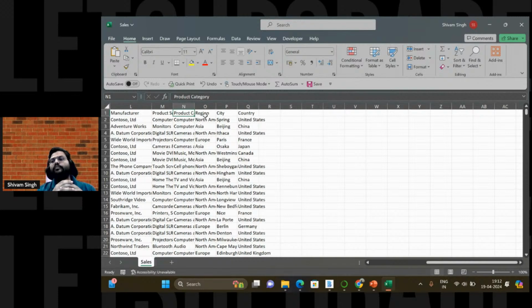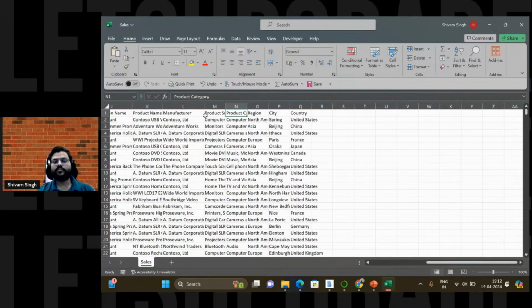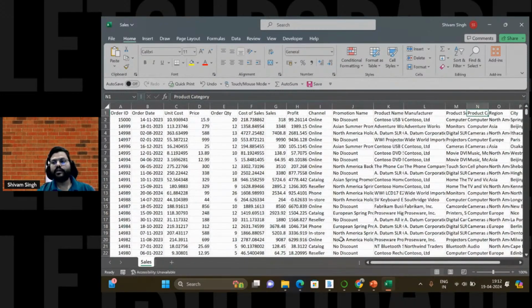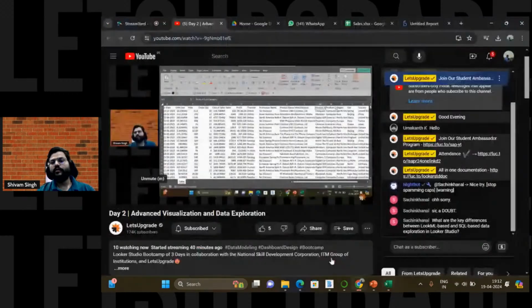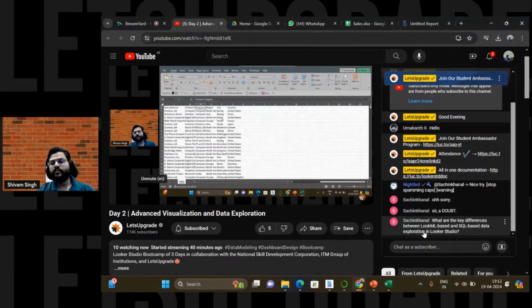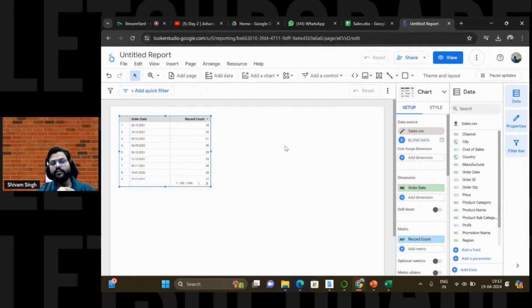Now with this, I will show you the map chart. But before the map chart, I will first show how we can do some small calculations. That is the first thing I will show you, and after doing that calculation, we'll try to understand